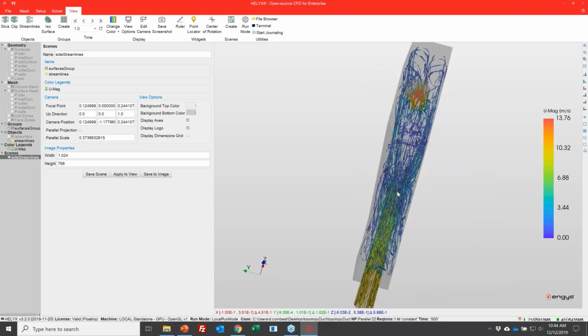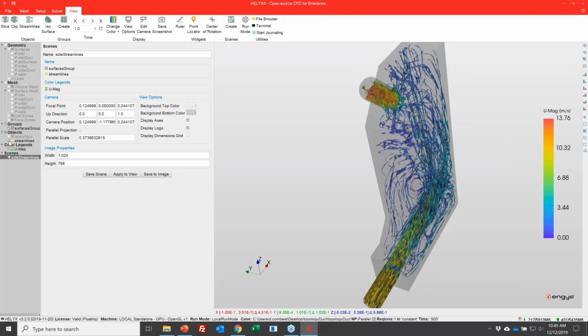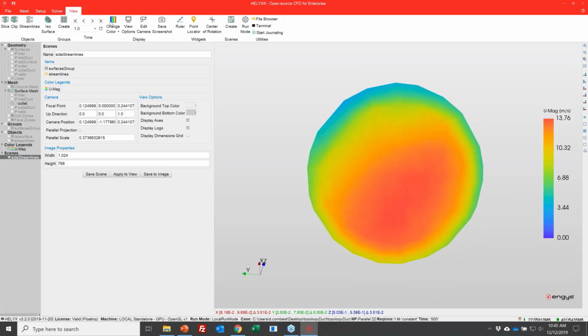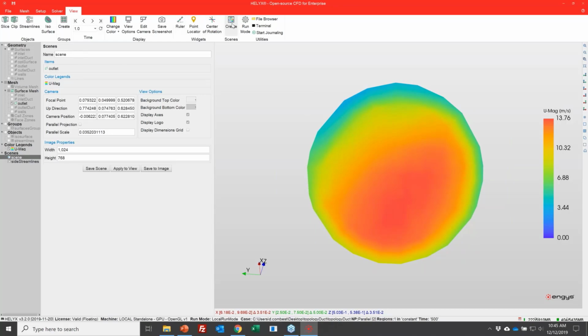And then next, we want to get rid of the streamlines. We don't need that, but we would like to look at the outlet velocity profile. Let me rescale this. All right, so we want to look at the uniformity across this patch. So let me save another scene, and we'll call this outlet view